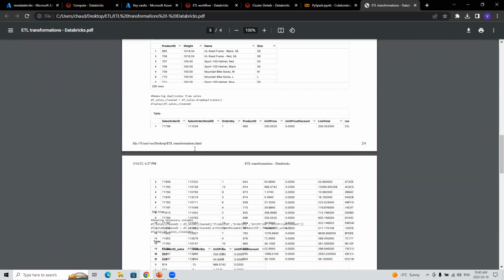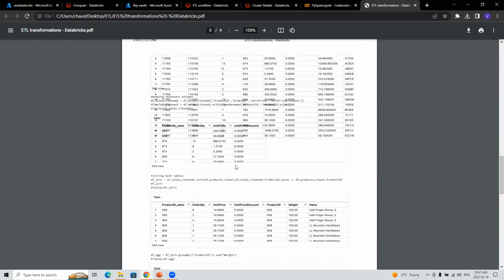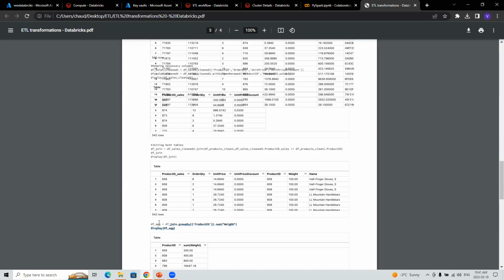See, after doing all the transformations, before joining, load the data in silver. After the data is in silver, as in the clean data, now in the silver, you can basically join the data and get the aggregate here. Okay, just to avoid the load time, right? First we dump into the silver layer, then we do a join transformation.